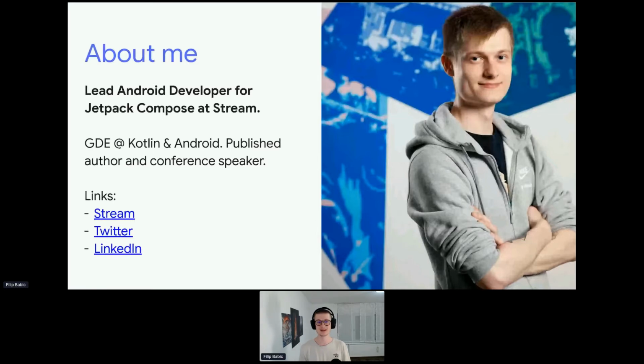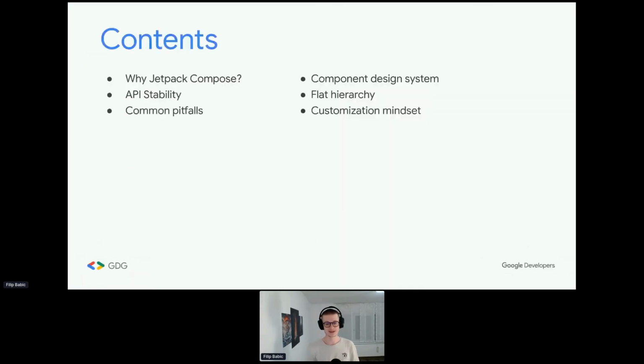So what I'll talk about today is a few things, actually. Initially, why we chose to use Jetpack Compose to build a completely new chat SDK here at Stream, how we dealt with the API stability, what we saw from Compose itself, like is it stable enough or is it not, how has it evolved in the past few months or the past year. I'll talk about the common pitfalls, so some of the things you might want to avoid or some of the things you might want to look into when you're building something new with Compose.